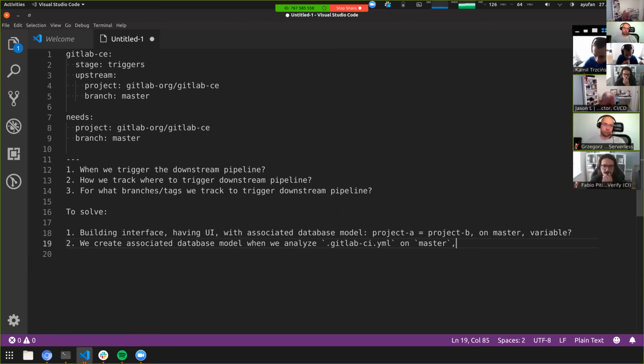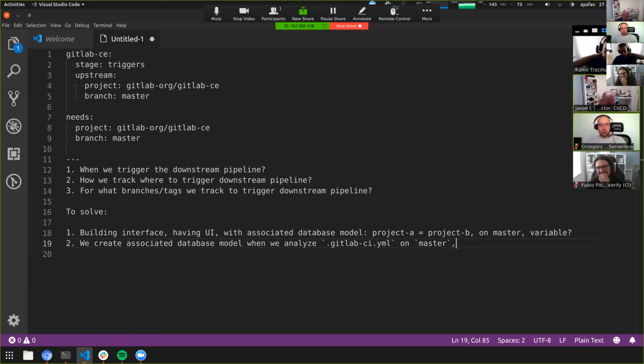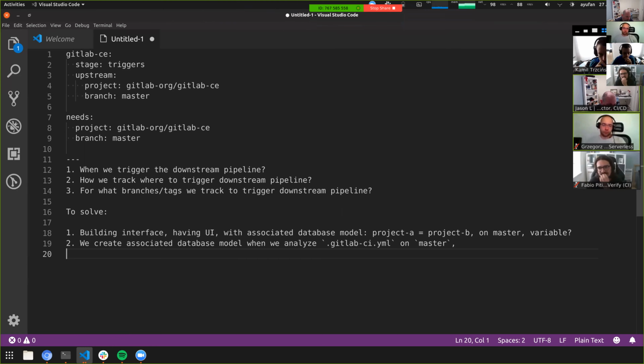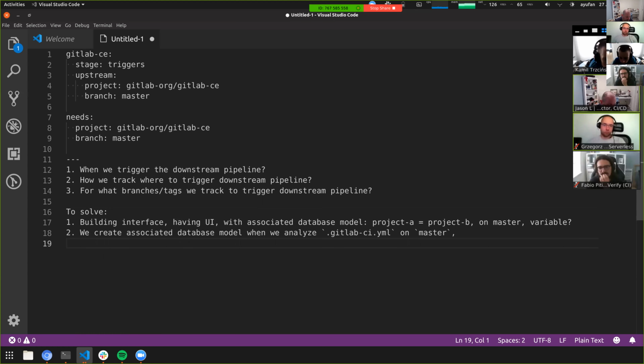If we make it so that the master GitLab CI YAML is special and the configuration comes from there and only from there, then it sort of works. But people will want to trigger relationships between different branches. Yes, and the question is really how we can support relationships between different branches on the same project that is not master.